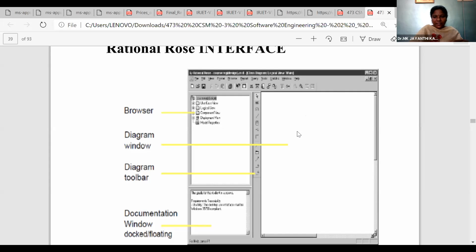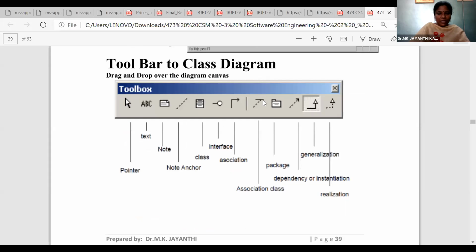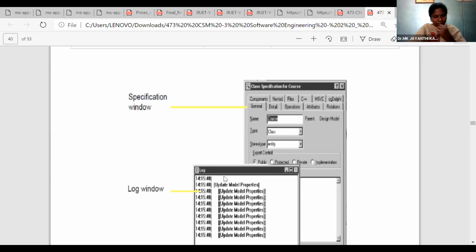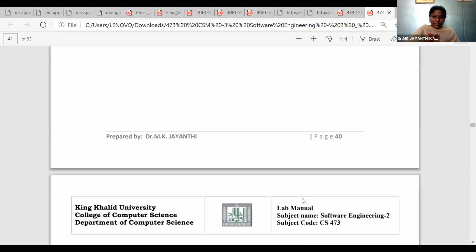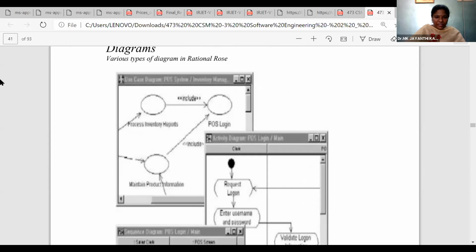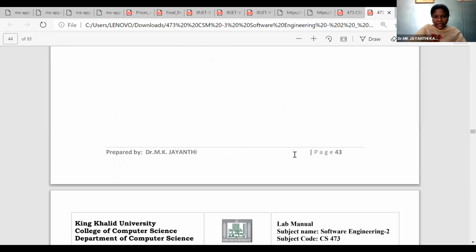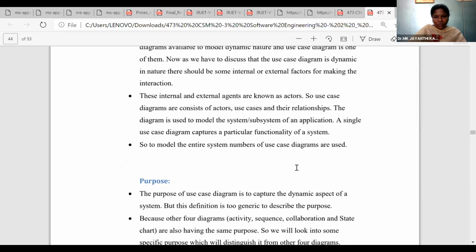So here this is the design window. In the UML, we'll have these components. Each component is having its own role. So generalization, association, realization, the interface, class notation, nodes, text. If you want to add text, we have to use this pointer notation, anchor notation. So these options, toolbars are available in UML Rational Rose. So this is logical window. And the diagrams, various symbols, how to select the diagrams and how to draw the content. That will give you an idea where to start, how to design, how to complete the diagram.